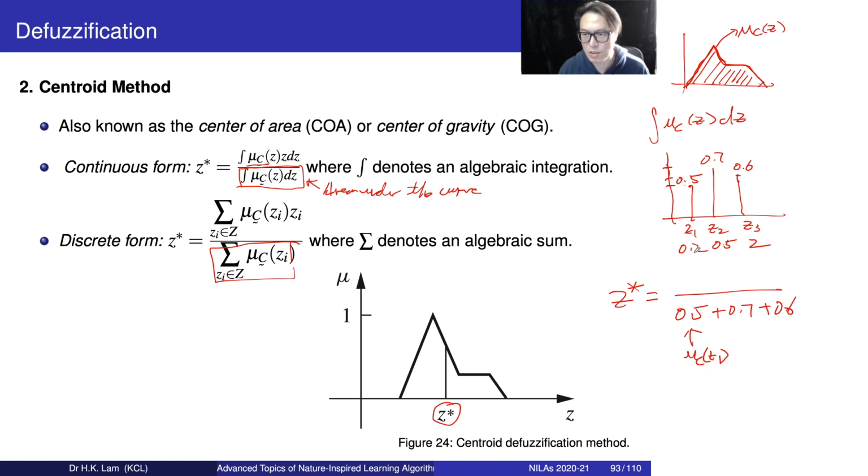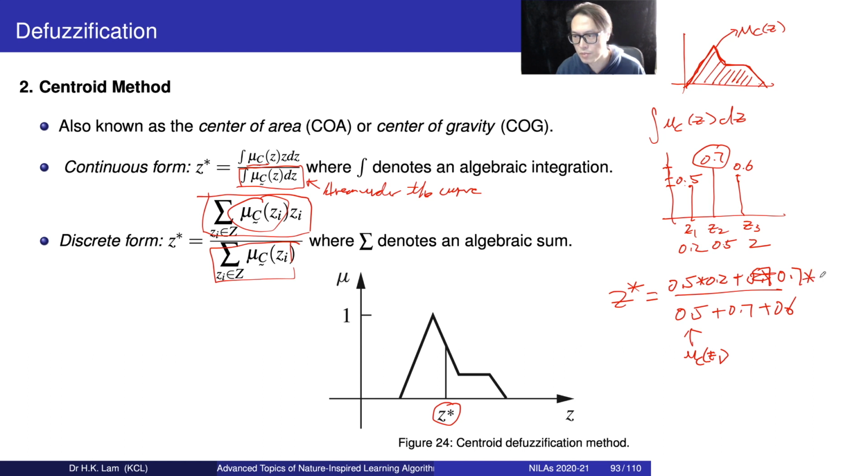Yeah, so that is when z1 is 0.2, we have 0.5 as the membership function. And now look at this one, we are going to do something very similar in the continuous form. Now the mu z, that is the membership grade right here, times the zi, so we will have 0.5, that is this mu z when z takes the value of zi, so times 0.2, so plus we still have z2, so 0.7, that is this value, okay,